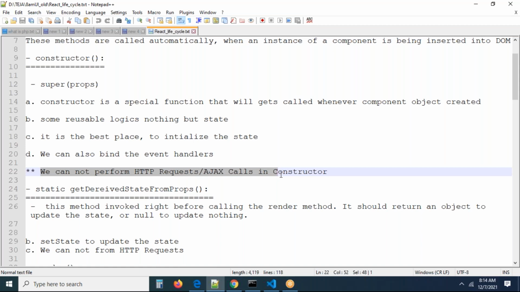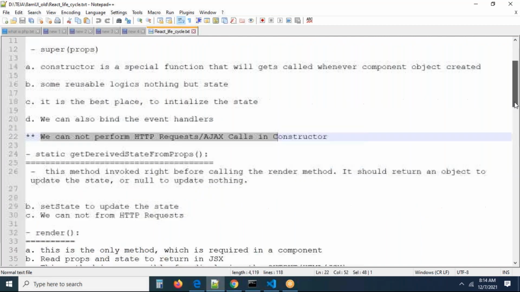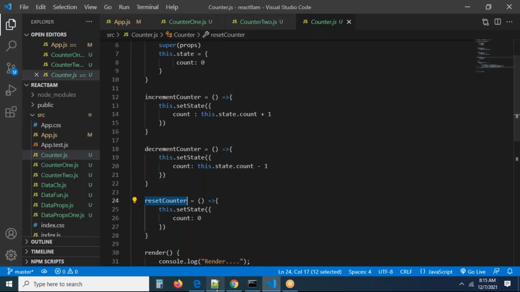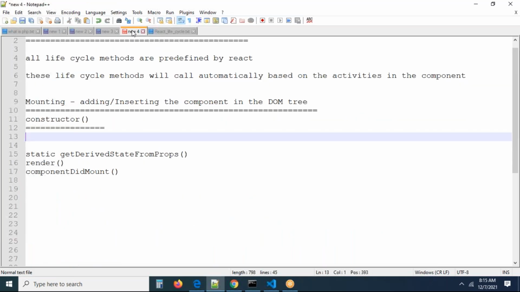If you can see, there is something called getDerivedStateFromProps. You can check this method also. This method will be invoked right before calling the render method. It should return an object to update the state, or null to update nothing. Remember, we know the render method will be called every time, right? So the render method will be called for every change in the state. That we know already. But remember carefully, before every render,